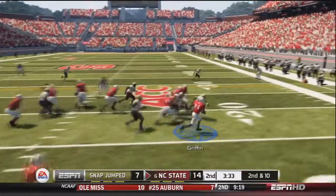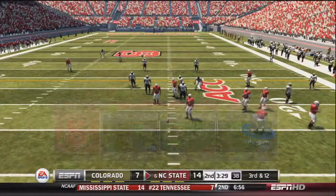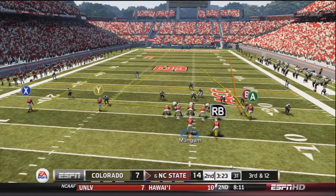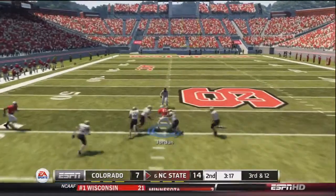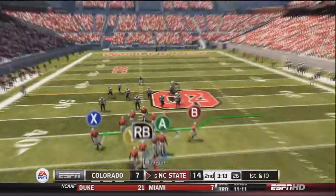So now Mangum's going to hand the ball off to Griffin, and Griffin will be stuffed in the backfield for a 2-yard loss on 2nd and 10. So now it'll be 3rd and 12 running the hurry-up offense. Mangum's going to go ahead and set up in vertical formation, and he will drop back to pass, and he's going to fire deep over the left-hand side. He's going to find Jordan, and Jordan has a first down and more at the 45-yard line, almost into enemy territory,